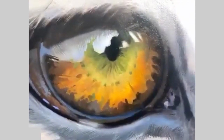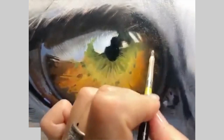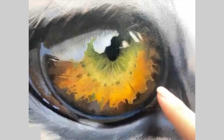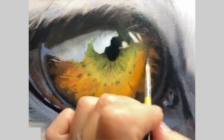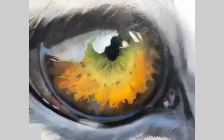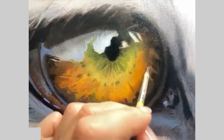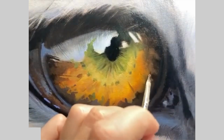I have liquid and those browns on my brush, and now I will be softening them together so they don't look in such a contrast as it was. You see, pretty rough, very strong. You can see that very, very well. Maybe on a camera it doesn't look very pronounced, but I can see it's pretty strong. Now I want those spots to look less rough,